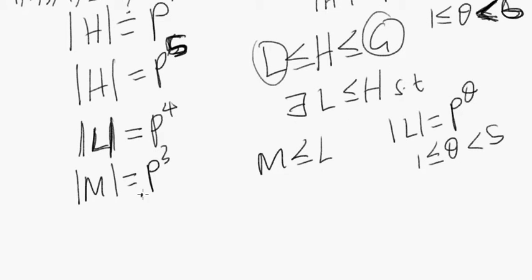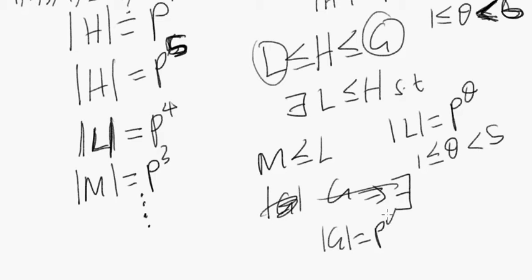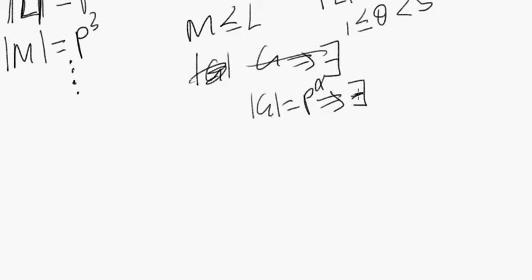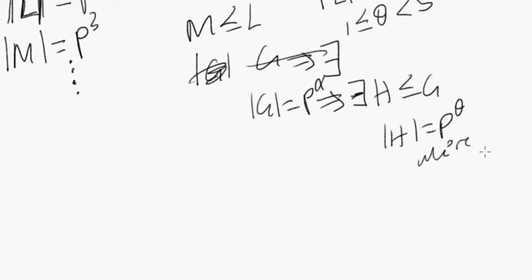Right? And so the question: is it clear now why, if we can prove that for a given group G whose order is p to the alpha, this implies that there exists some H subgroup of G such that the order of H equals p to the theta, where theta is less than alpha and greater than or equal to 1. If we can prove this,